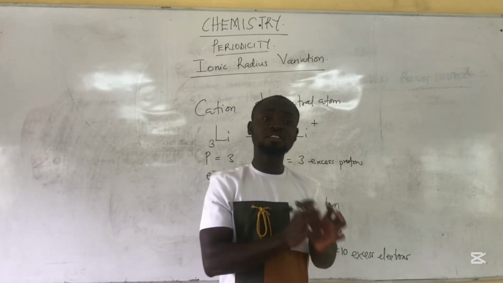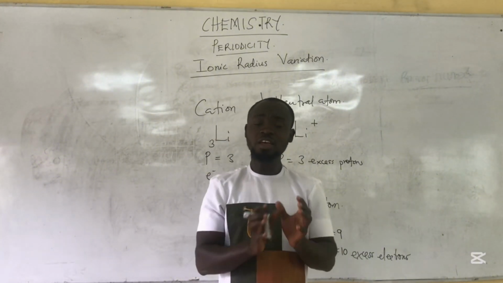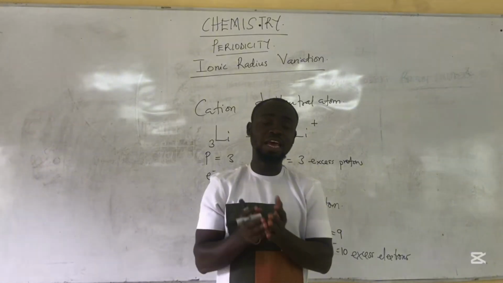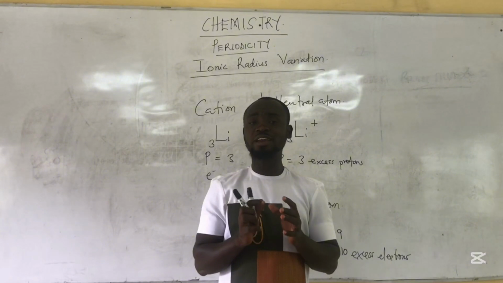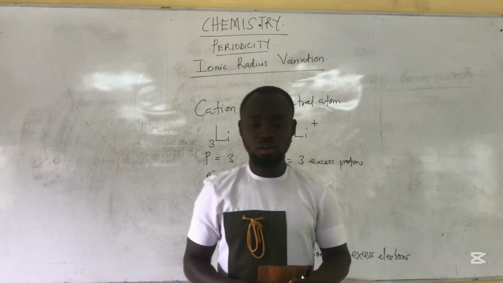So comparing a cation, a neutral atom, and an anion in terms of their radius, the smallest one will be the cation, followed by the neutral atom, and then the anion. Is that okay? That is a basic ideology on ionic radius. Okay,